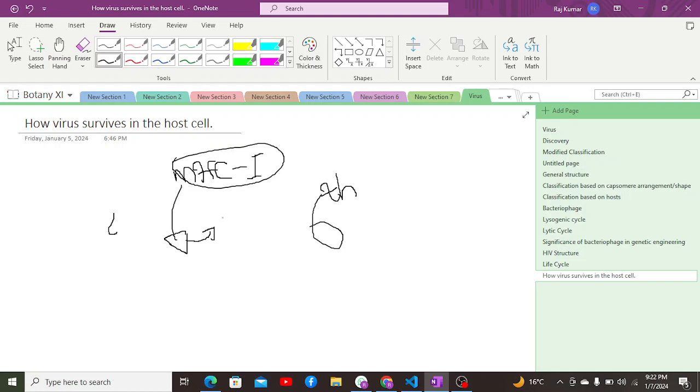As the virus inactivates the MHC, the cell surface receptors are not found, as a result of which the antigens which are present on the antigen presenting cells are not formed, due to which antigens which are supposed to be recognized by the antigen presenting cells are not recognized, and of course the immune response is affected. An example of this virus includes HIV. Apart from that, another example we have is